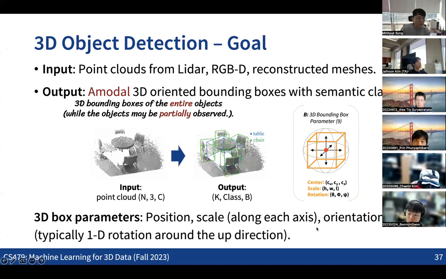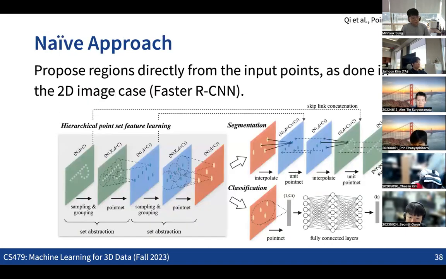For that, if we want to directly apply the idea of Mask R-CNN, what can we do? We can try to define some anchor boxes for each of the points and get objectness scores and classification scores. So we can directly consider using PointNet or a PointNet variant to get the objectness scores and classification scores for the set of anchor boxes that are defined for each of the points. These can be very direct extensions.